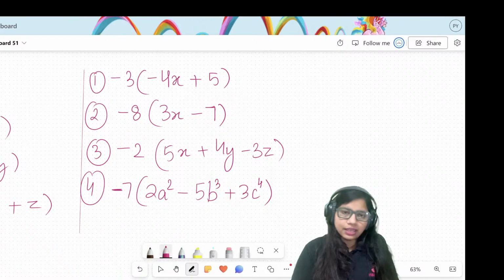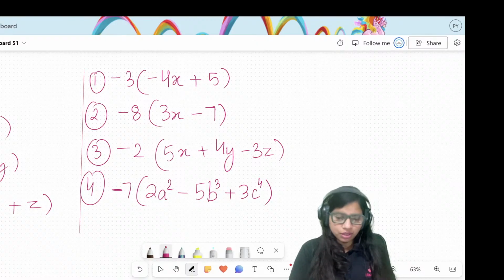First answer is correct, Advika, Arshia both. Second is, that's correct as well, both of you. Third, very good, both correct. Fourth,